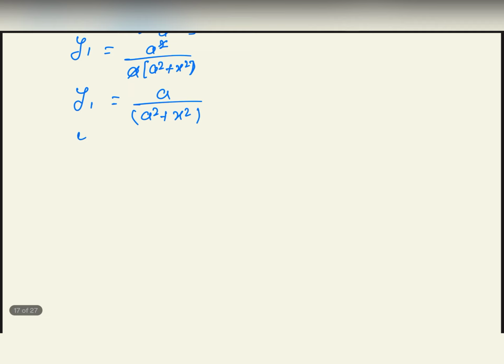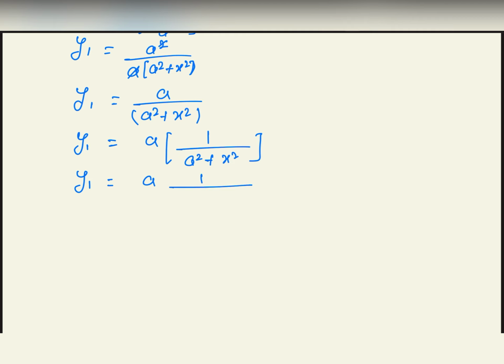Hence we can also write it same like the previous one, so y1 is equals to a by a square plus x square, y1 is equals to a by (x square minus i square) whole square, so y1 is equals to a